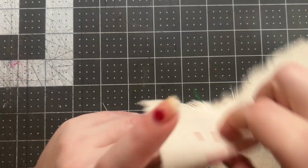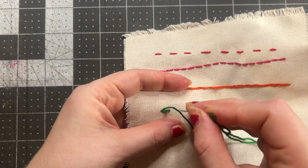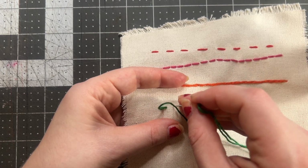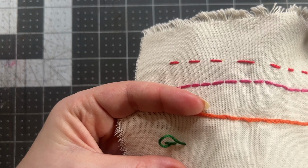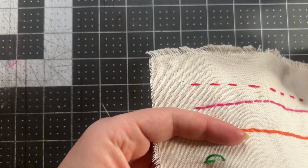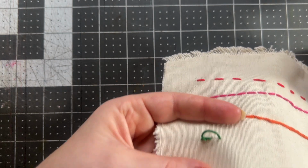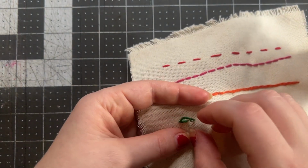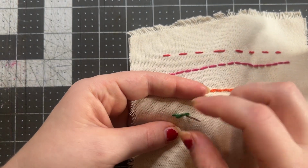Let's just check, that looks good. I'm gonna pull it through, and then I'm gonna come back down from front to back. Sometimes it is helpful to leave a little bit of extra so that you can just hold it. I'm gonna come up around where this one came through, and then I had this one starting on the bottom side, so I'm gonna make sure that my needle is coming up on the bottom underneath that loop,